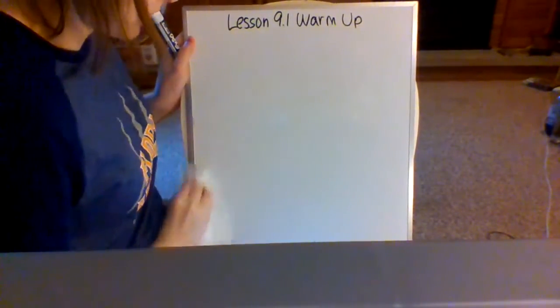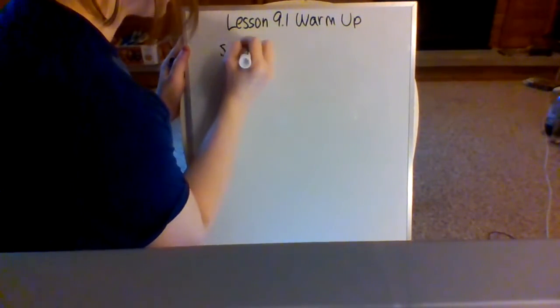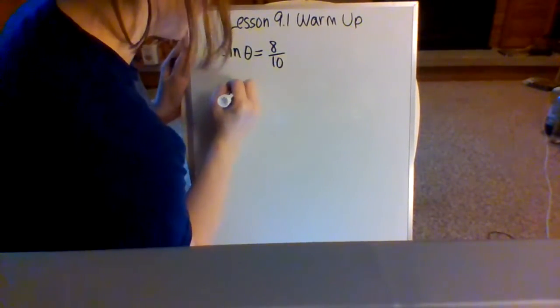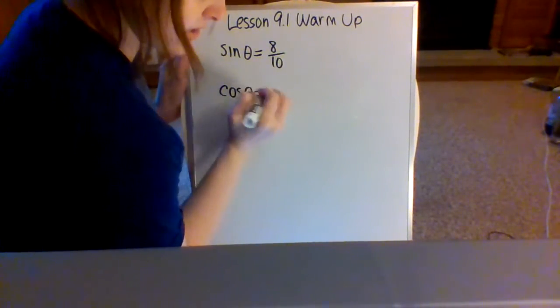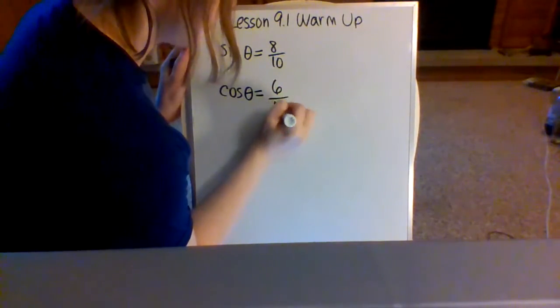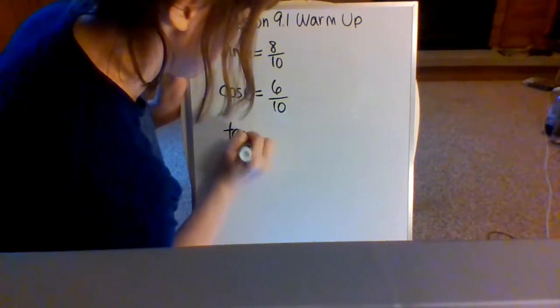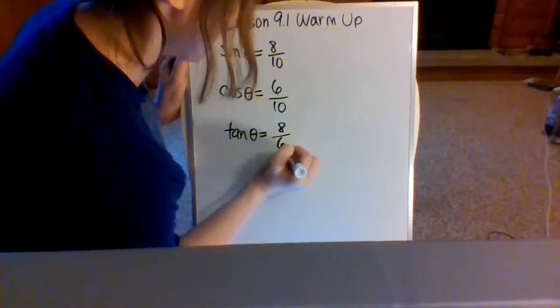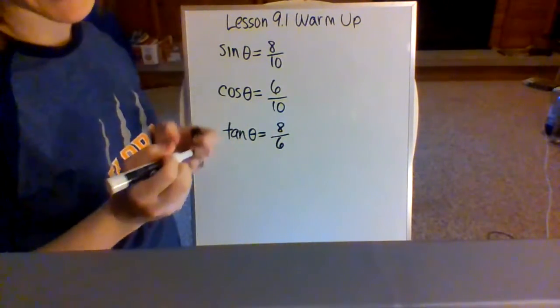Okay, so we're still doing problem 1. So sine was 8 over 10. Cosine was 6 over 10. And tangent was 8 over 6. Okay, now the reciprocals of these,